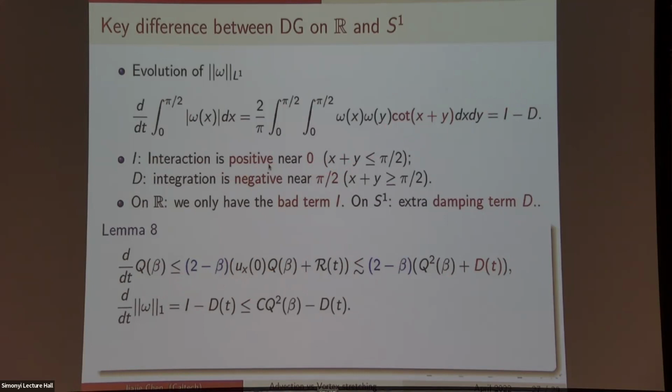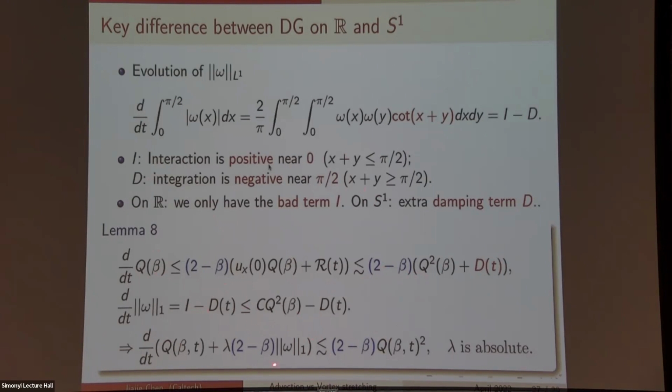Now, combining these two estimates, we see that we can control the energy estimate by just combining these two parts. But the key point is, in the first inequality, we have this small parameter 2 minus beta. But in the second estimate, we do not have a small parameter. So the second estimate itself is not a good estimate. Therefore, we only add some very small part, 2 minus beta is very small, to our energy to close our energy estimate. If we add a large part, for example, bigger than order 2 minus beta, then it will lead to a much larger constant and we will fail.